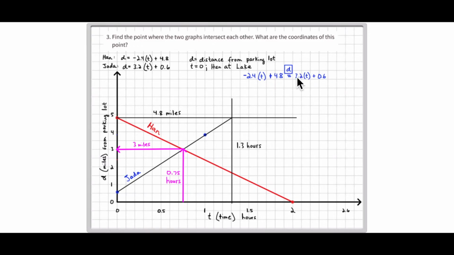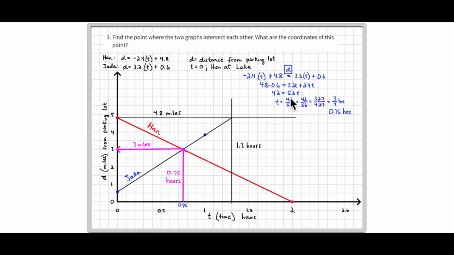So you can set these two equations equal to each other to figure out what time it takes to get to this equal distance. We don't know at this point in time. We haven't figured out what that distance is. We did figure it out by reasoning, but algebraically we have not yet figured it out. We just know it's the same. All right, so to go through that calculation, you're going to do the same calculations we just did when we reasoned through it. It's the 4 8/10 up here minus this 6/10 down here,